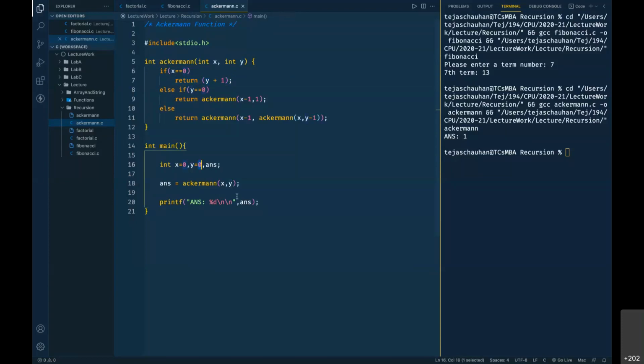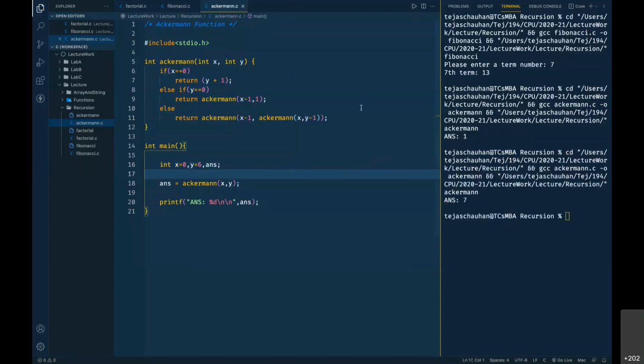So आंसर y पे डिपेंड करेगा, लेकिन रिकर्जन y पे डिपेंड नहीं करेगा इनिशियली अगर x 0 है तो. So अगर मैं यहाँ पे y 6 कर देता हूँ, and then if I run this code, then the answer will be 7, because our x was 0 and it has gone to this place. 6 plus 1, answer is 7.